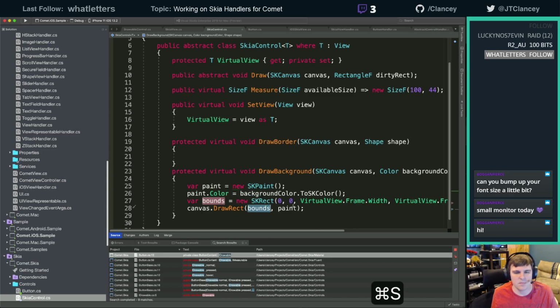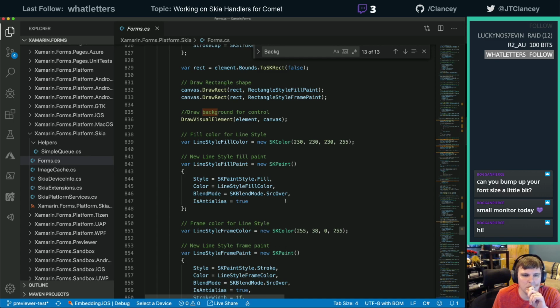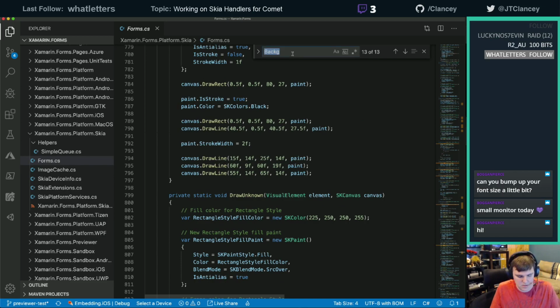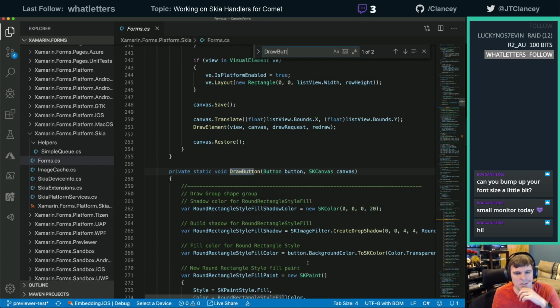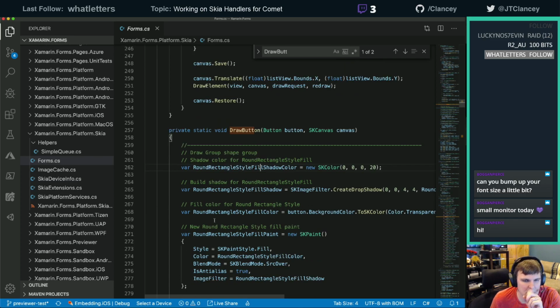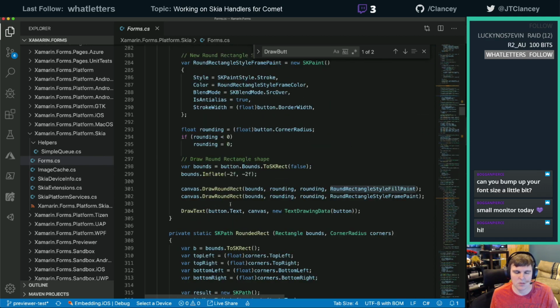Perfect. I like it. Now we also need to deal with the shape. Maybe we just deal with the shape stuff now. Let's go back to the draw button. No, that's all for the shadows. We didn't even touch shadows. So we use our fill color to create this fill paint. This fill paint is then used because we do the frame and the